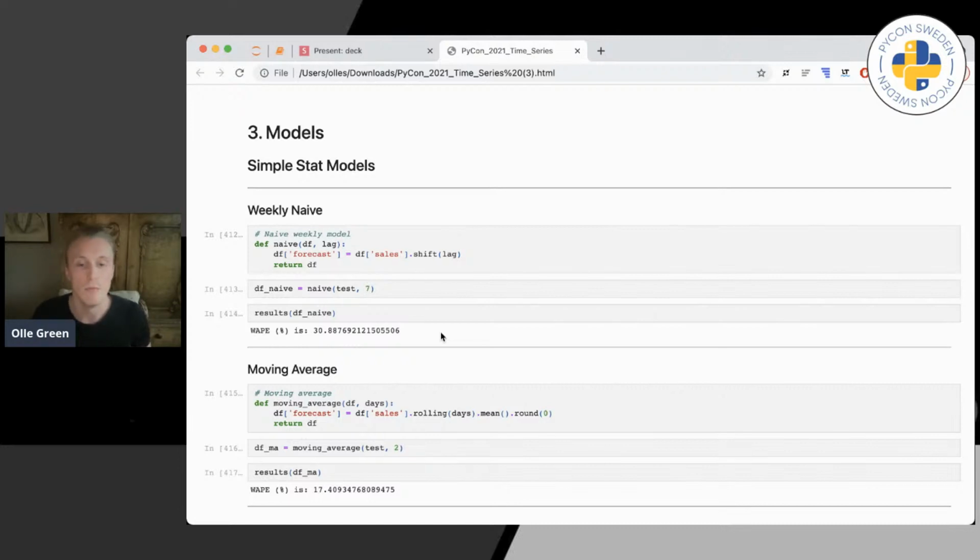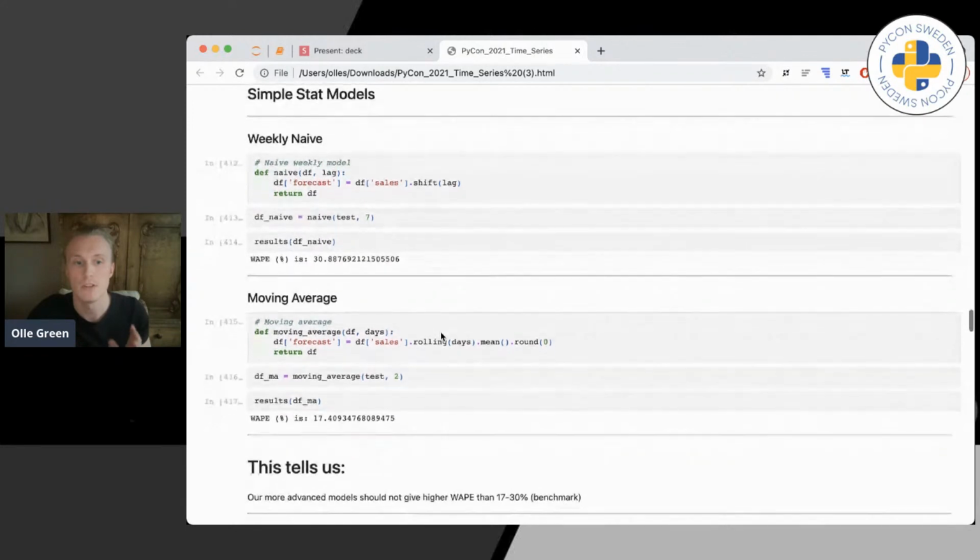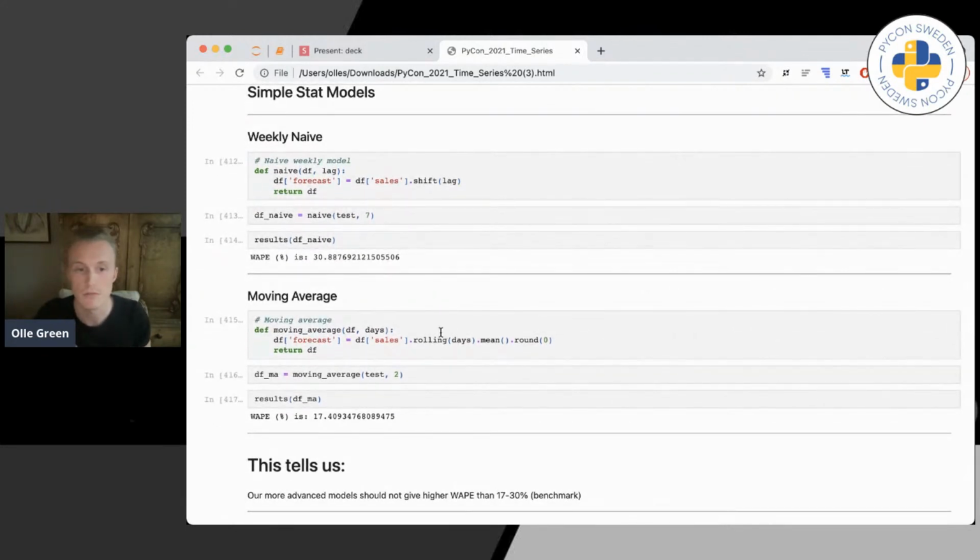We then take a moving average. Why a moving average? Once again, it's a similar model where we take the previous days' demands and we average them out to see if there are some recent fluctuations in the demand, and we apply that to the next day. In this case, we got a WAPE close to 17.4%. Basically, what we're taking away from this is not the complexities of the models, what they're doing, etc. What we need to understand here is using them as benchmarks. This tells us that if we use a more advanced model, it should not give us a higher WAPE than 17 to 30%. So that's the key thing to take away from this one.